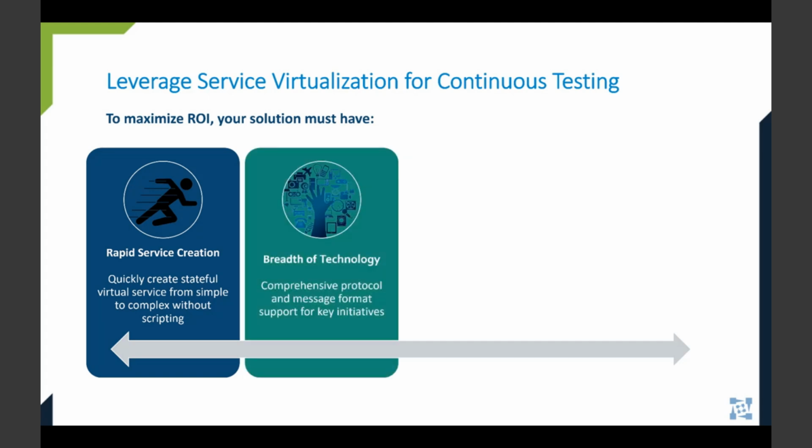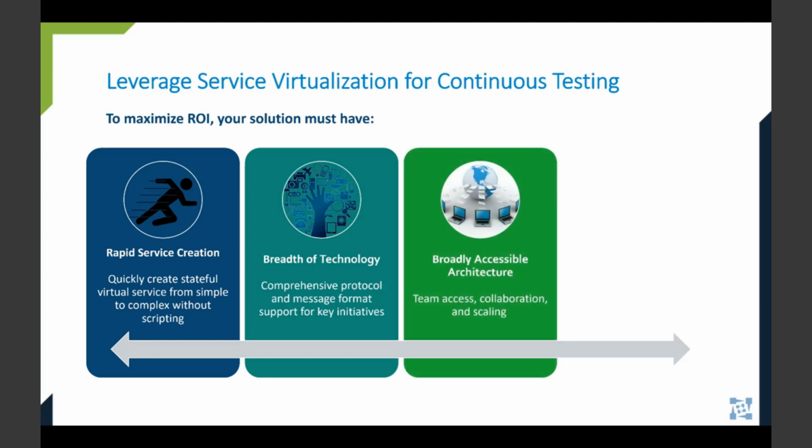Next, we have the breadth of technology. Services can be like snowflakes in that, for instance, they're all water, but every one of them is different. So having the right combinations of technology is important. A broadly accessible architecture: different users will want different levels of access. For example, the community of practice may want ad hoc level, where the center of excellence may require fully scalable environments. In some cases, you would need to accommodate both of those in the same infrastructure.